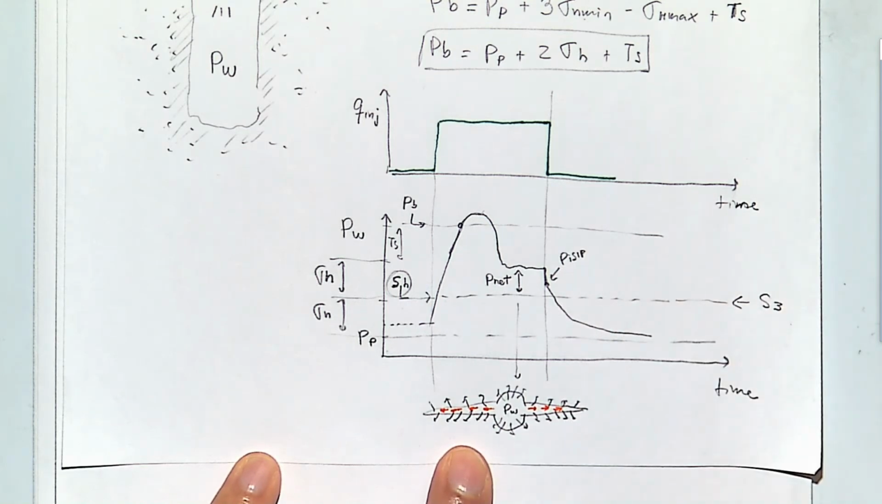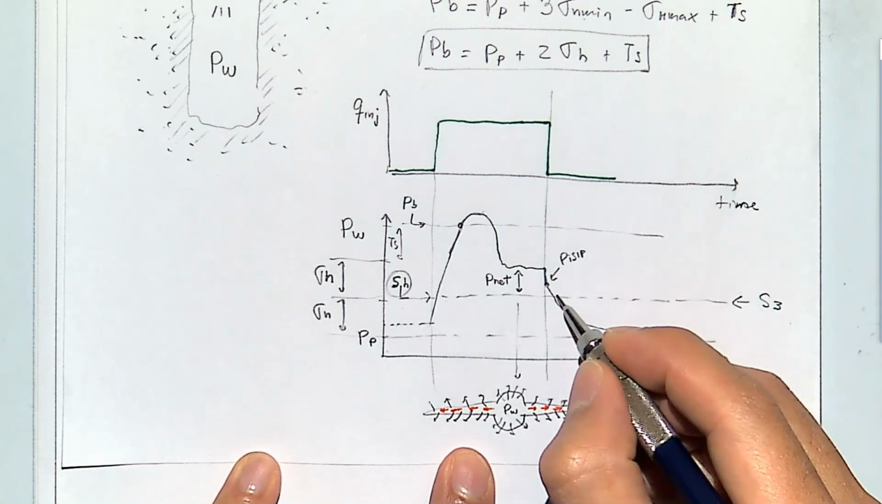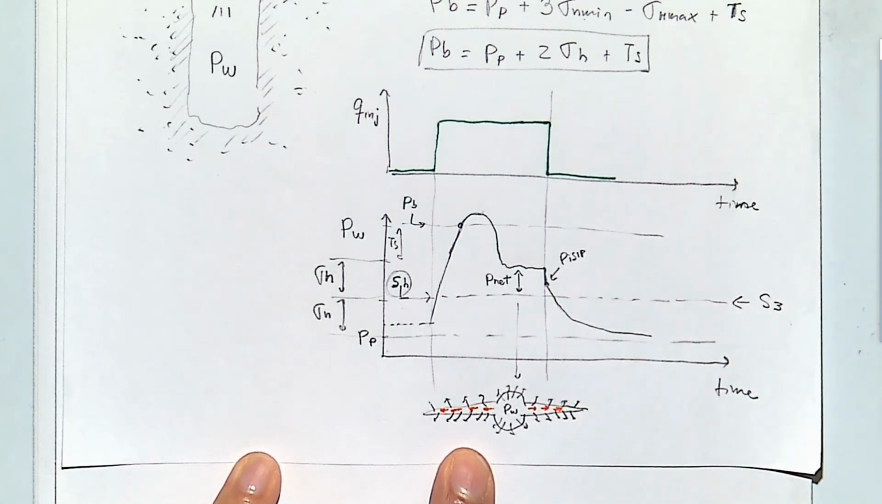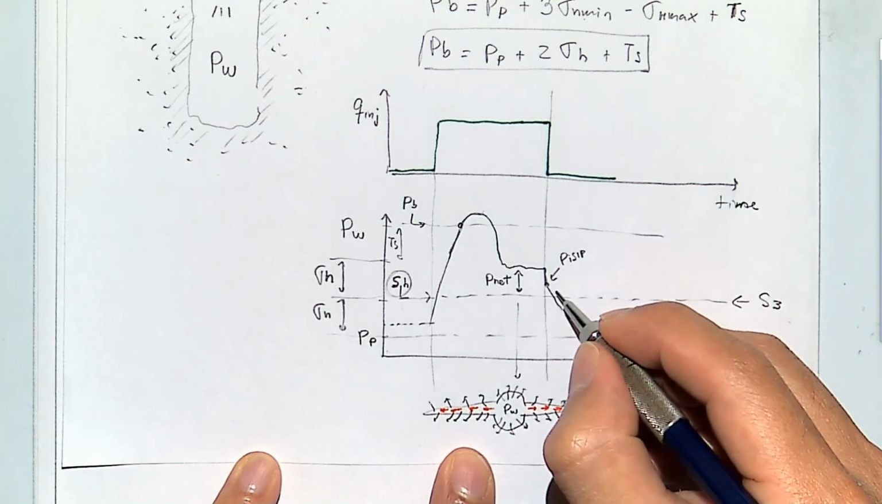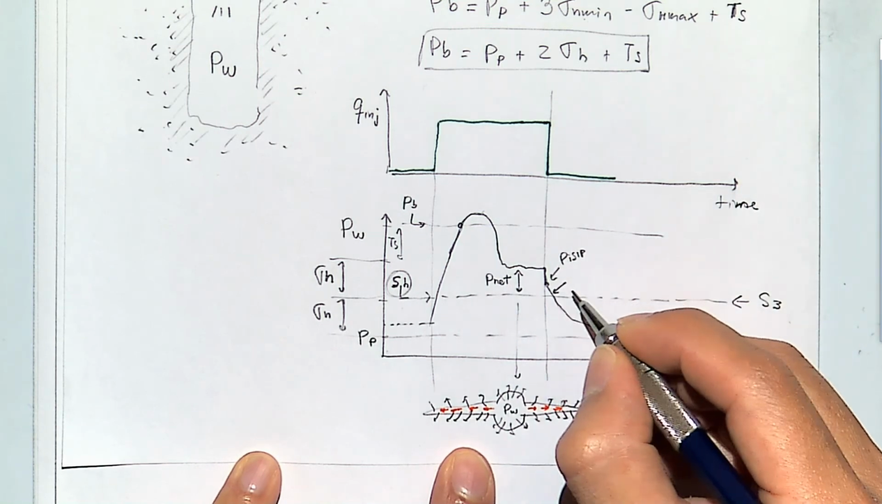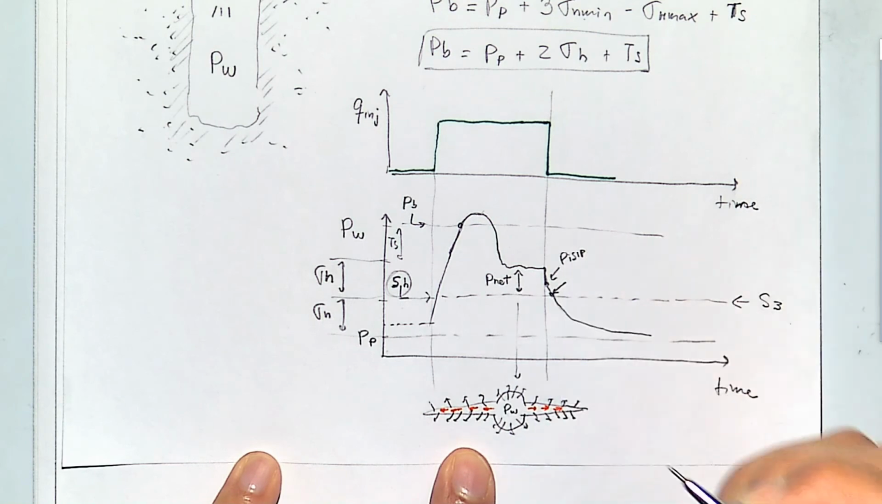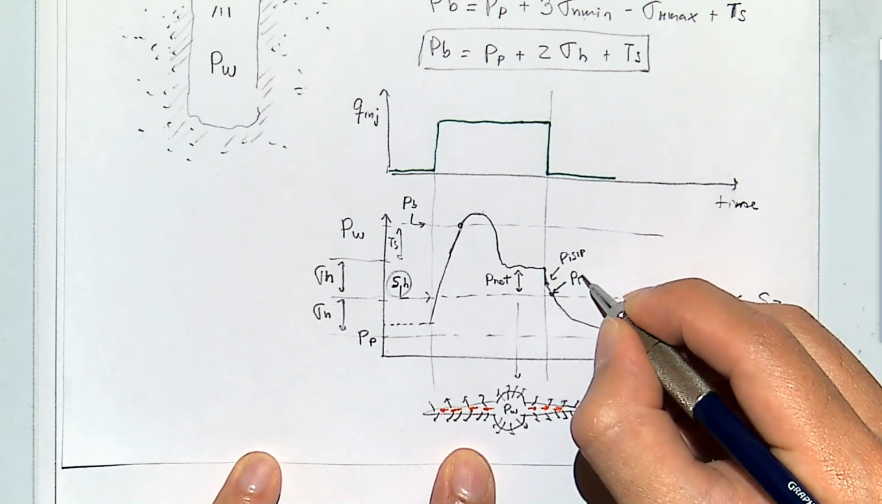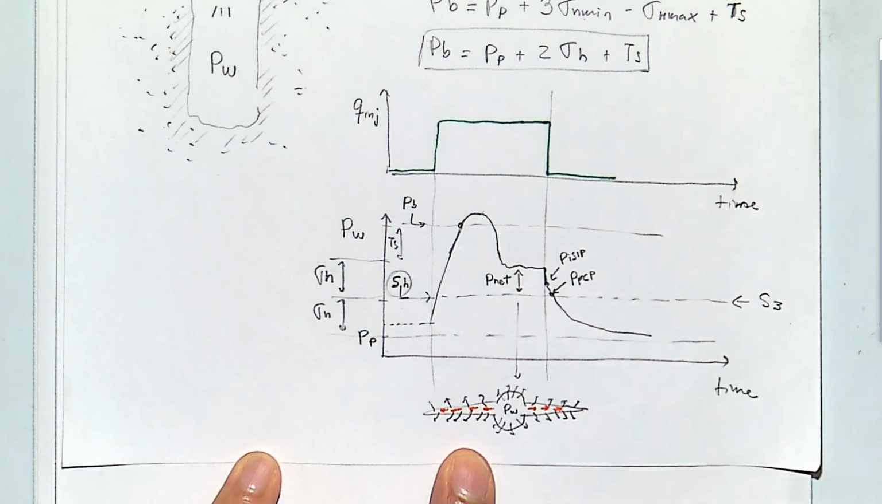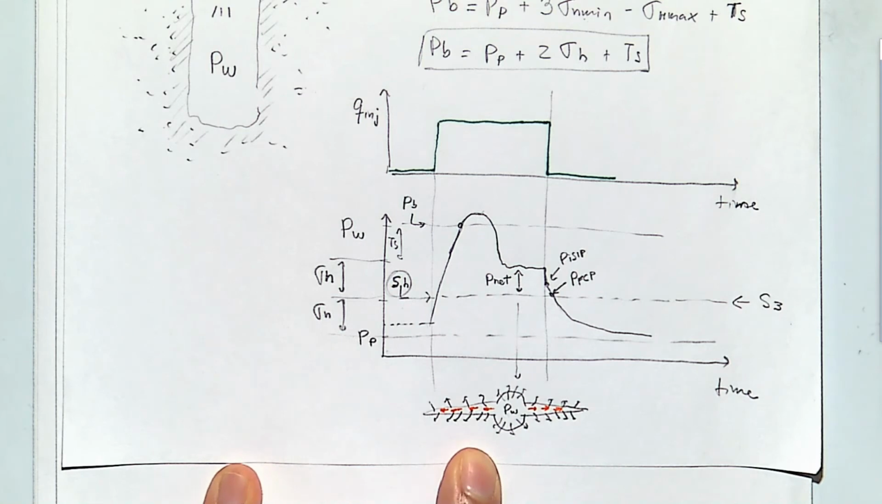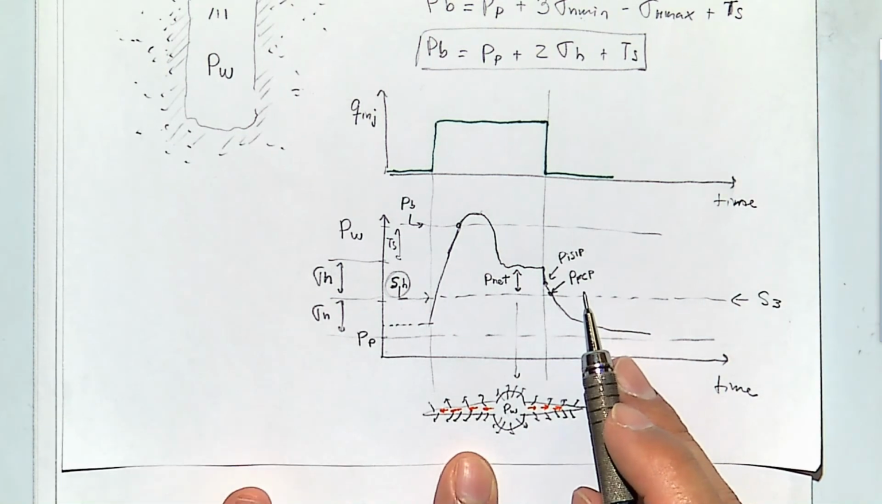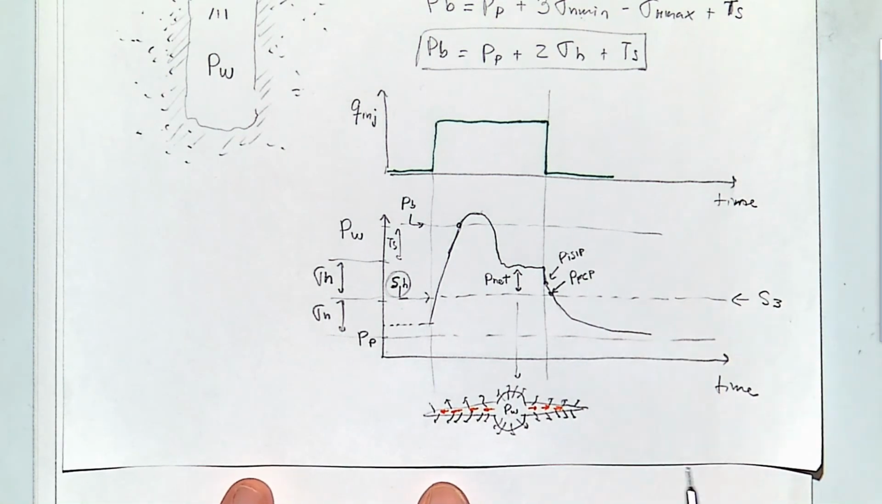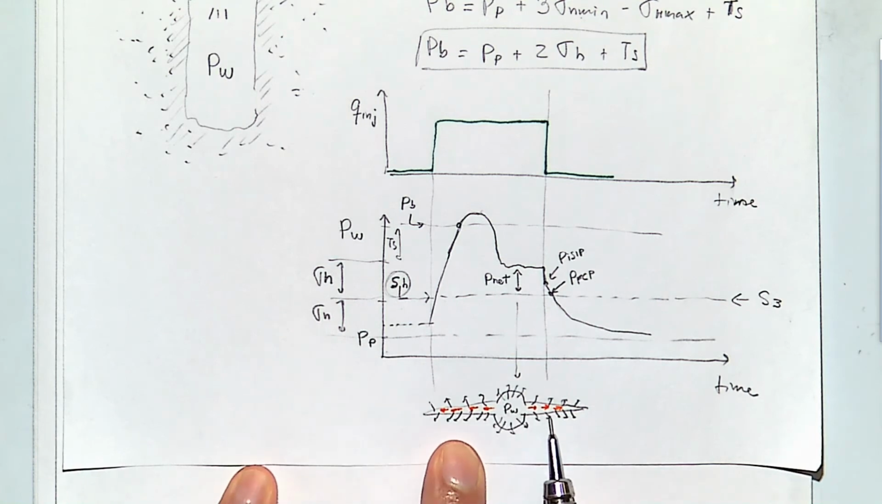At some point in this decline curve, we're going to see that there is going to be another characteristic point, which is called the fracture closure pressure, FCP. And that's the value at which the fracture that you created,